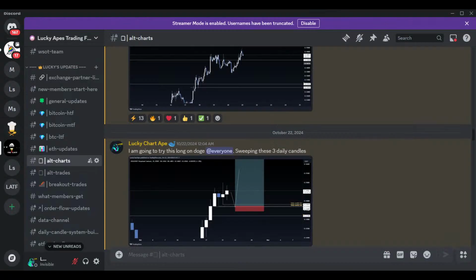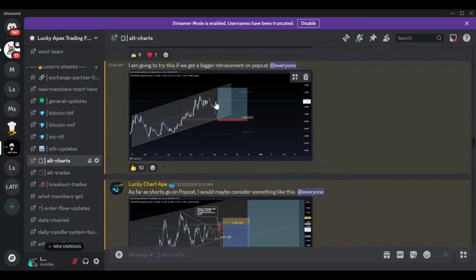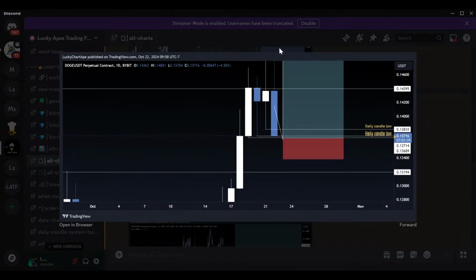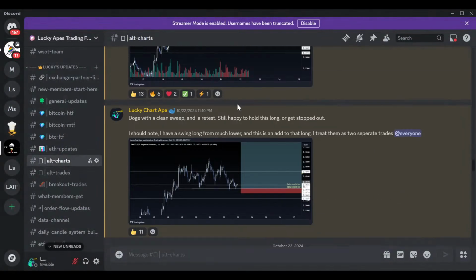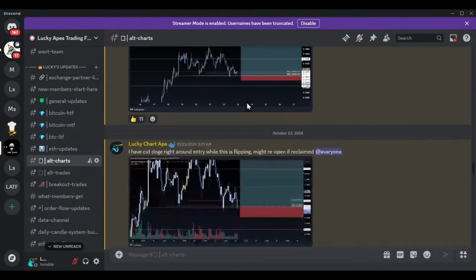And so I took one winner, one loss, and I didn't get the add for the next leg up to hold for the whole swing. So I was looking for this long setup, and as price came down to the long setup here, I said Doge is about to test these daily lows. We took the lows, got a nice reaction, and price actually ran up kind of nicely for a little bit here. The trade ran into 2-3R, but I just said, listen, I'm just going to leave the risk in this trade. Here we have this nice sweep, nice retest. I want to hold for the next leg up. I know I could get stopped out of this trade. That's fine.